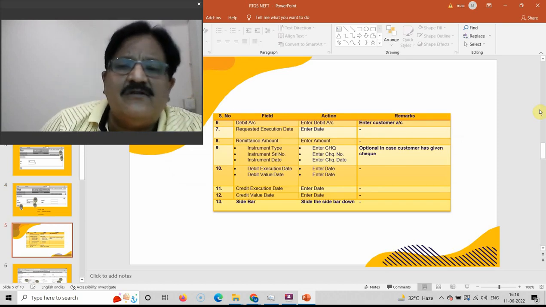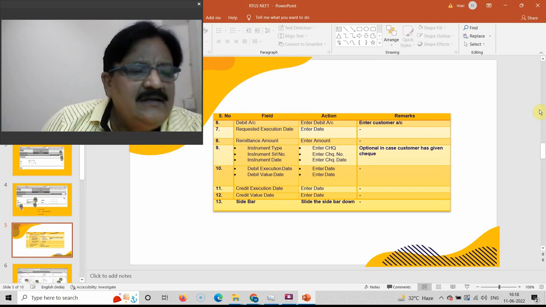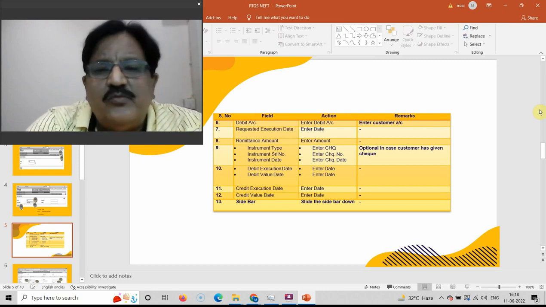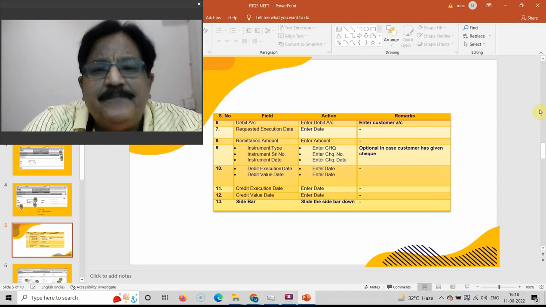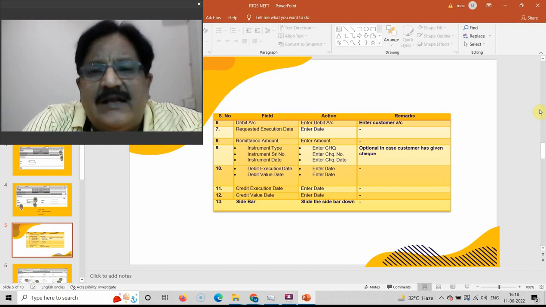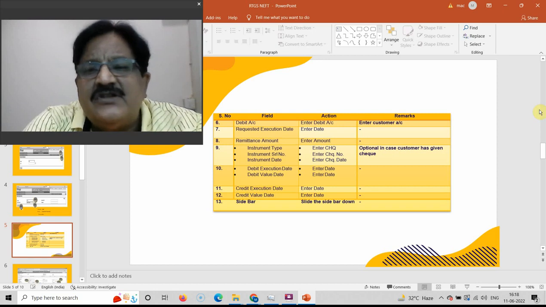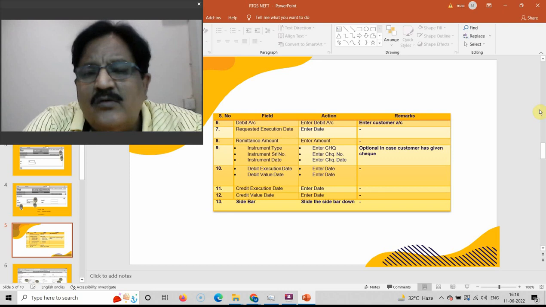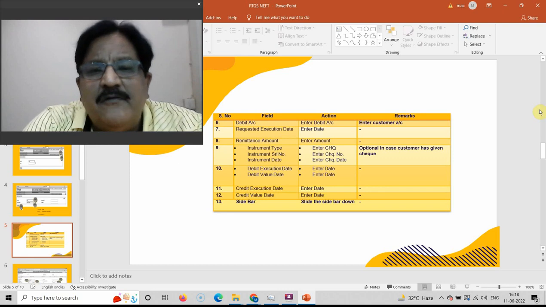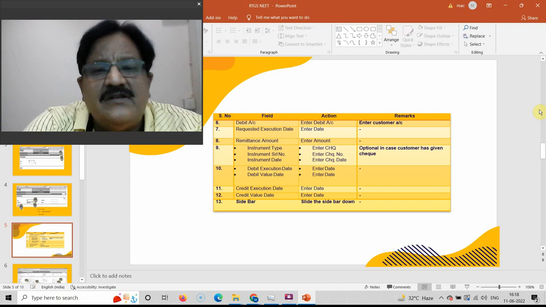Generally it consists of the dates and the details of the check instrument given by the customer. So requested execution date, Control X, would be today's date. Then instrument type, check, instrument number, check number, date of the check, right? These are to be entered. Debit execution date, when the account is to be debited. Debit value date, in case you want it to be validated, and 3 days validation is allowed in this